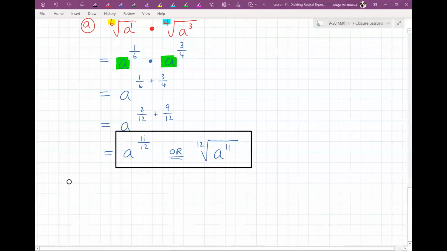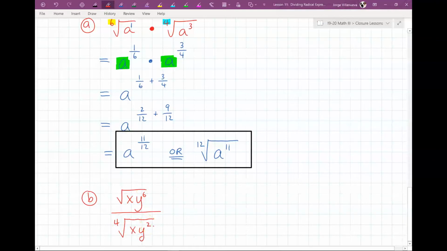Okay, so there's one. I'll show you one more like this, and then we're going to move on to conjugates. So part B, let's do square root of x y to the 6th divided by 4th root of x